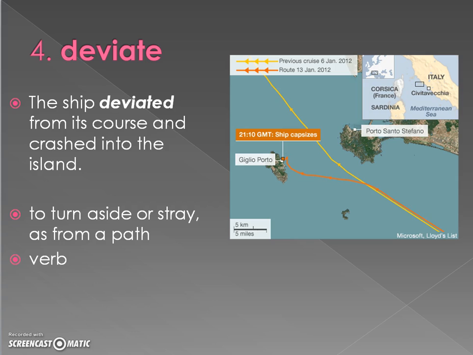But the captain of this cruise ship, he had a girlfriend on the island to the left, so you see Giglio Porto. His girlfriend lived on that island, and he wanted to show her his big, shiny, cool ship. So he deviated from the course and got super close to the island, and what did the ship hit? Of course, rocks. And so because he deviated, the ship listed, which means it flipped to the side, and it started to sink, and a bunch of people died. So deviate means when you have a path and you go off of that path. The next word is